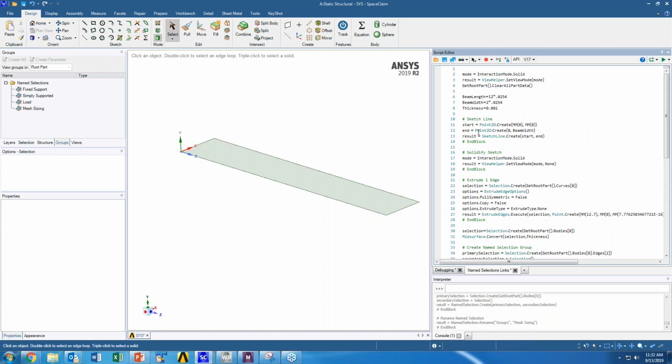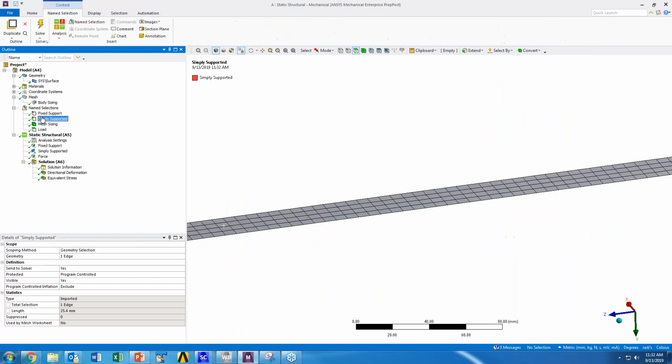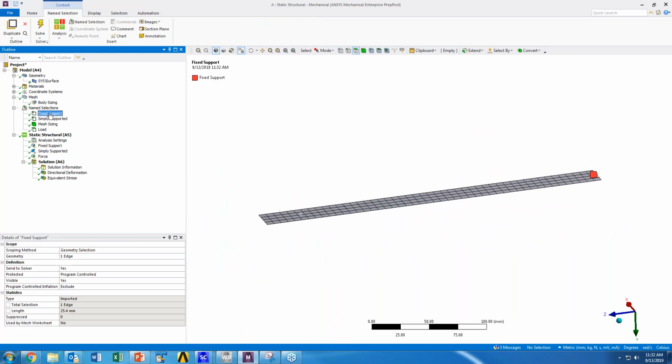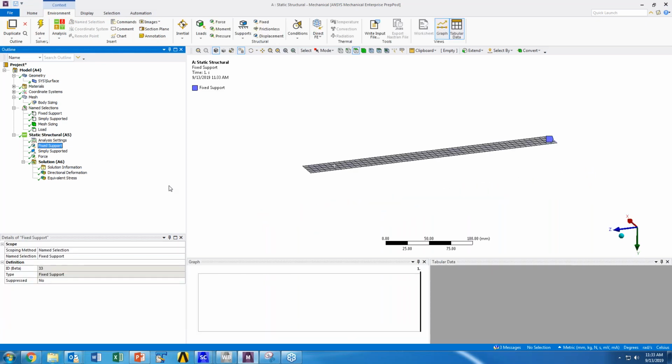So what I can see is if I go to Mechanical, all my name selections import just as they're defined in SpaceClaim. So I have an edge selection for fixed support, simply supported, a body for mesh sizing, and then a face for load application. And then I can also have all my boundary conditions.